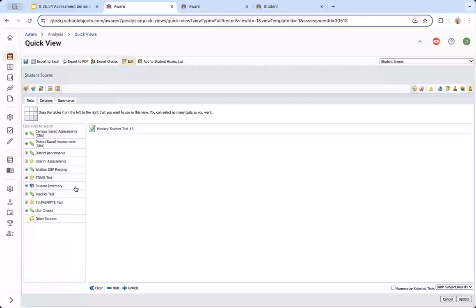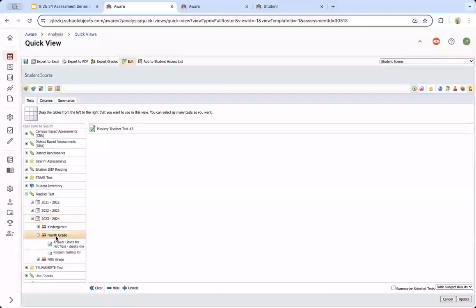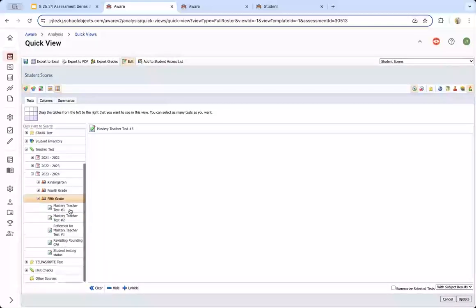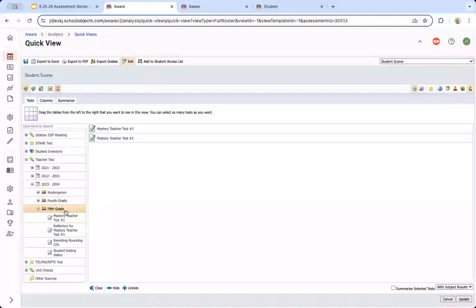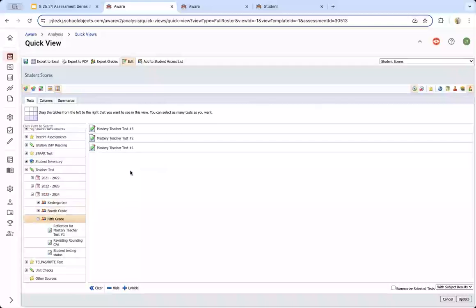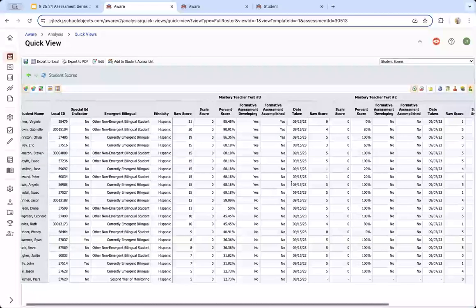The test tab is a great way for you to build your quick view in a way so that you can get tests layered side by side. So let's say, for example, I had this mastery test number 3, but I want number 2 and number 1 right next to each other because let's say they're like unit tests and I want to see how the kids performed over time. I can put those in, update the view, and then I can get all 3 tests right